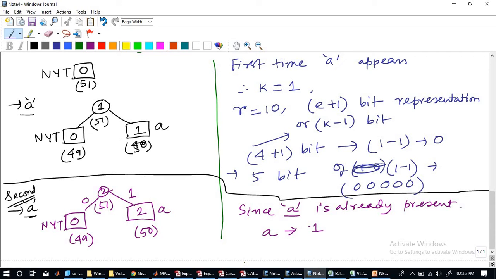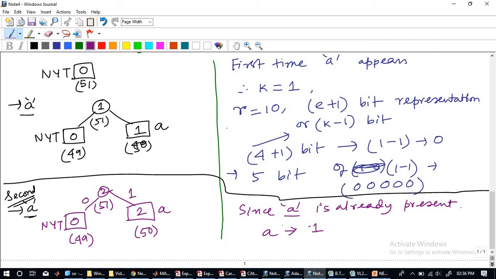I think you are not getting it. I'll just repeat it once again. This is the first case when we are having the first entry as A. When we are entering with A, we have to first identify whether the element belongs to K. Like, what is the element? So since it was running with K equal to 1 because it's the first element of the alphabet, then we have to find the rule that E plus 1 bit should be represented for K minus 1 bit. So in this case, K is equal to 1. So 1 minus 1, so 0 bit should be binary represented. How many bits? Of 5 digit. Because E plus 1 is 5. So that's why we have represented this one as this 5 zeros.